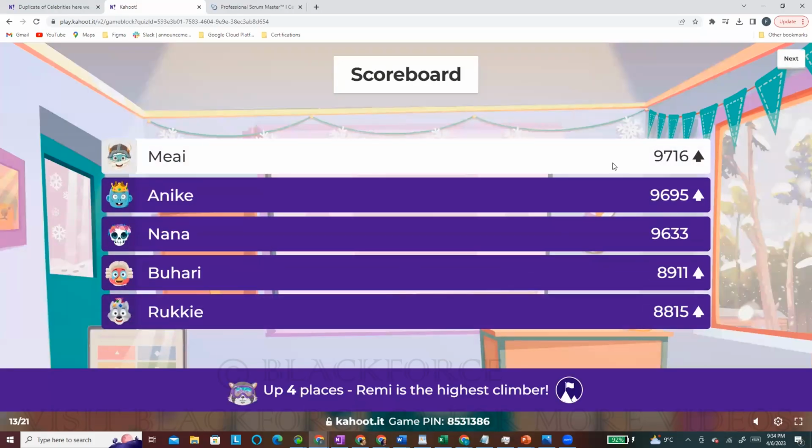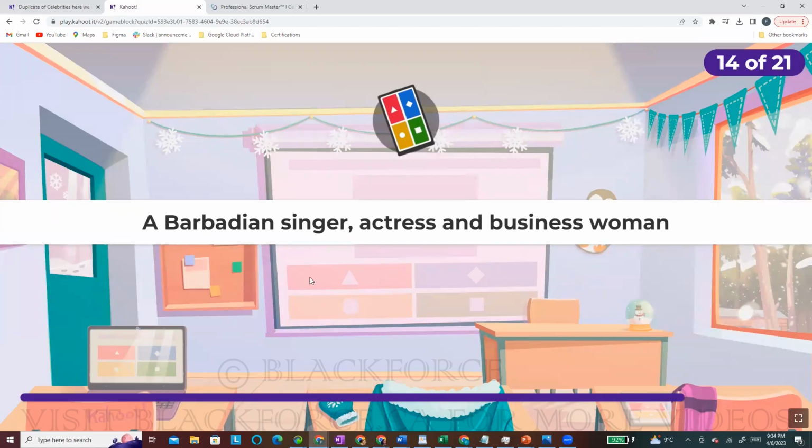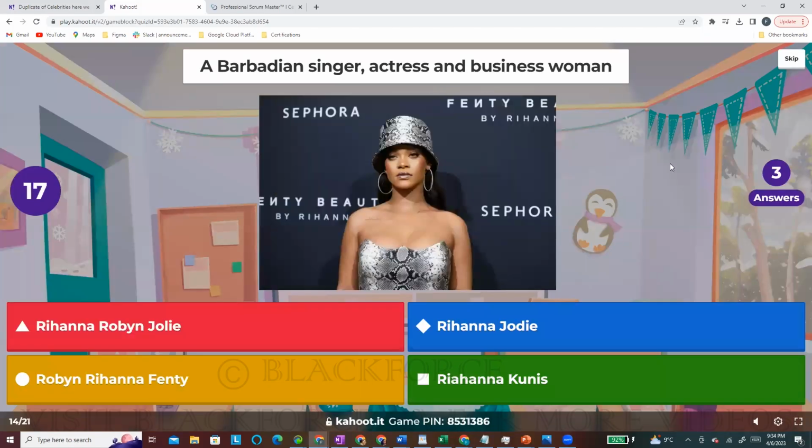Nana, sorry about that. Okay, you guys are still the same. Remy, you climbed 4 up, right? A Barbadian singer, actress, and businesswoman. What's her name? The ladies should get this one easily. If you use, let me give you a hint. If you use makeup,